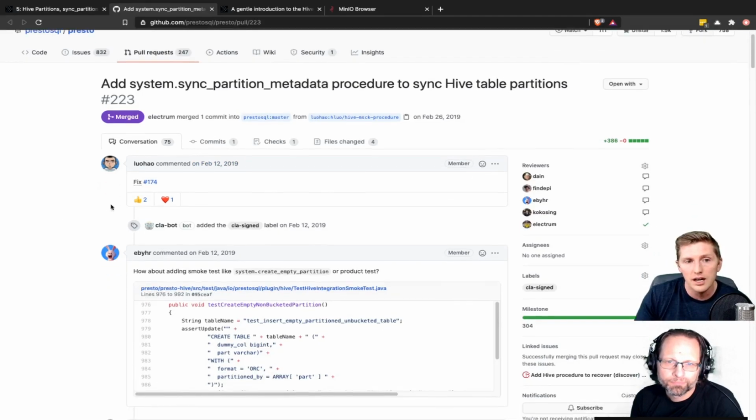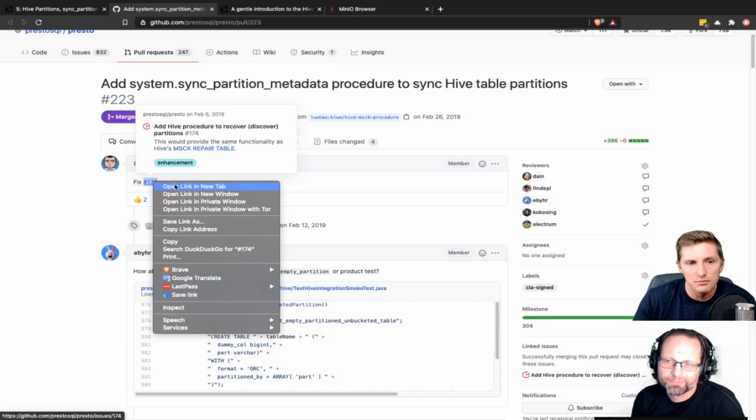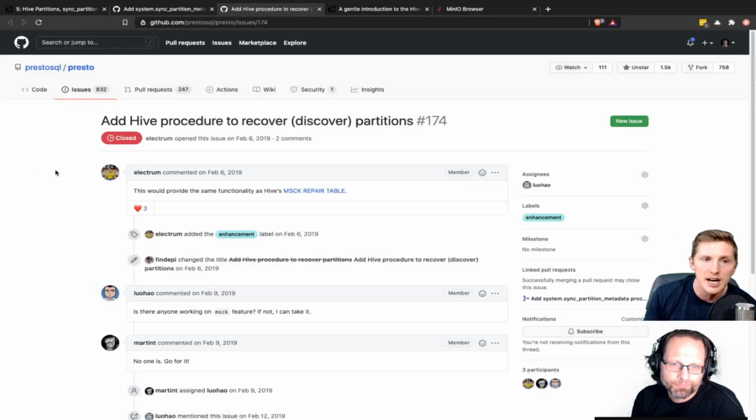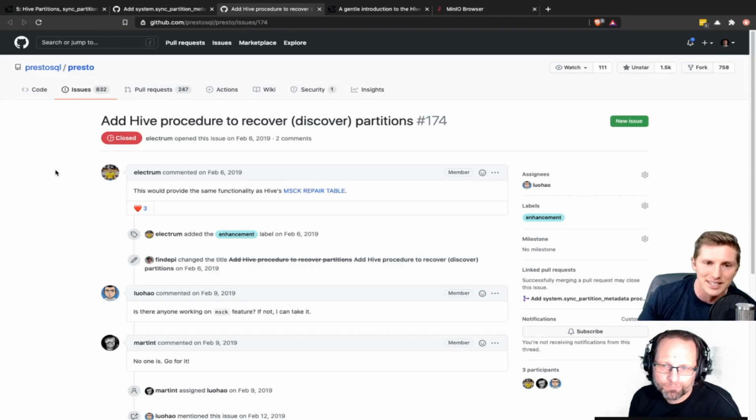So we see this user, let me see if I can say Haluo, and hopefully that was pronounced well enough. Basically this fixed issue 174, which was to add a Hive procedure to recover and discover partitions. And you can tell why this makes a very fitting thing for us to demo today,